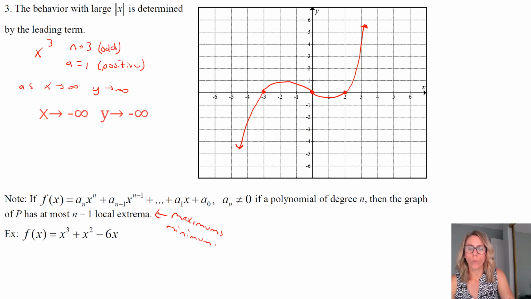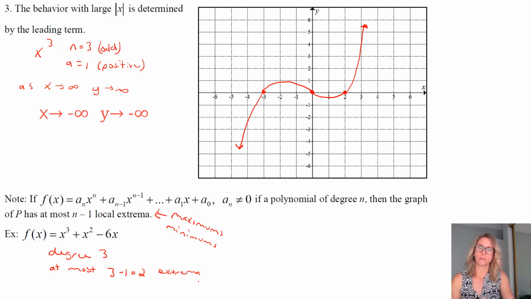You can't have more than n minus 1 local extrema. So in this case, this is our example. Degree is 3, it's the highest degree. And what this note tells us is that we will have at most 3 minus 1, or 2,